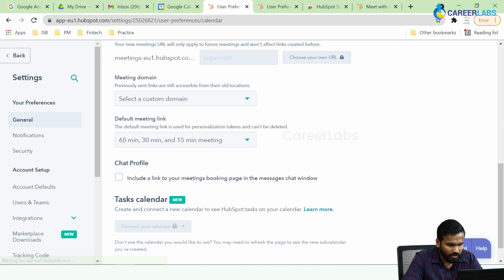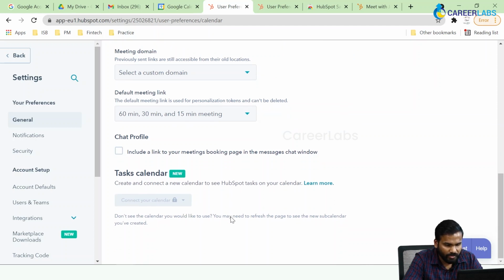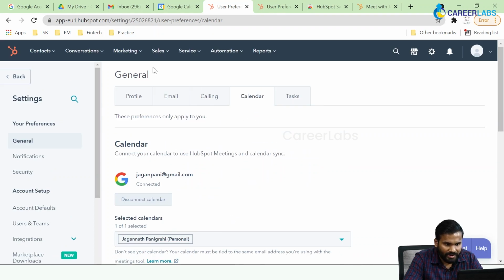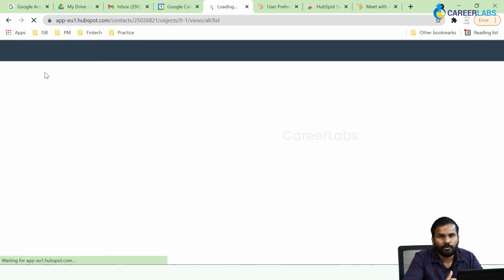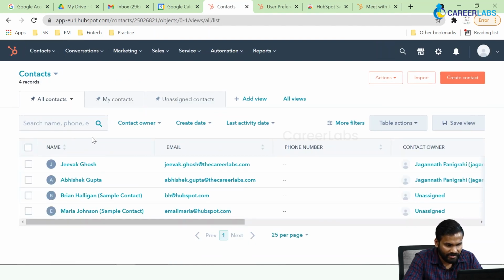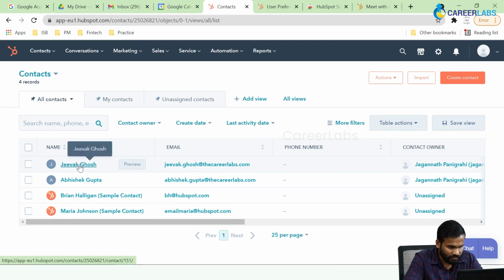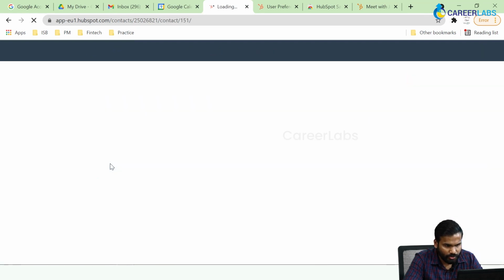We can also add tasks that we create to my calendar, and this is also pretty helpful, because as you see these tasks set for a particular time in your calendar, you don't tend to miss out on them. The way you can create tasks is by accessing anything, either contacts or companies or sales, and go to that particular contact card or company card or deal card, and then you add a task over there. There's something that we saw earlier, so let me quickly show you that.